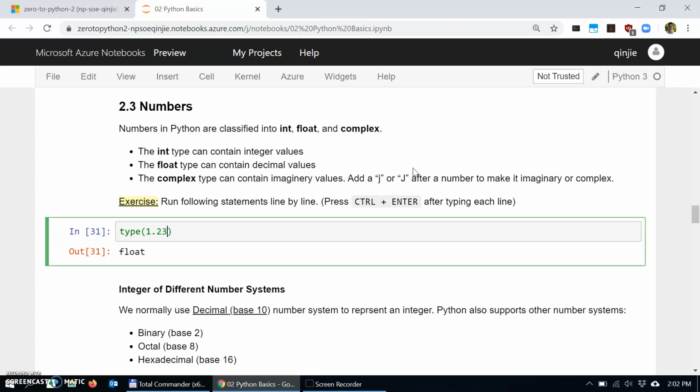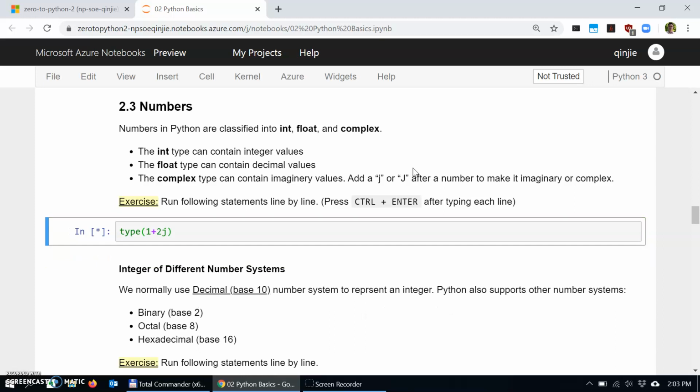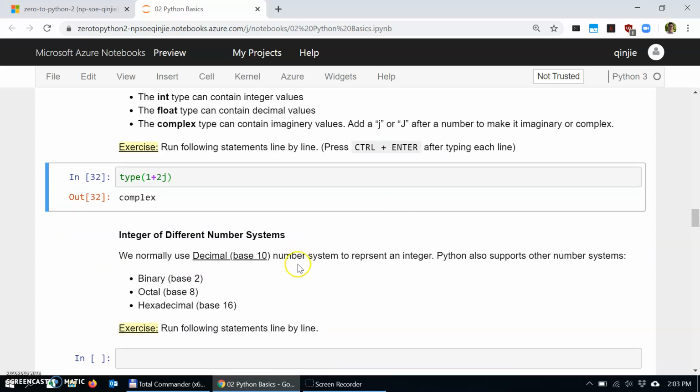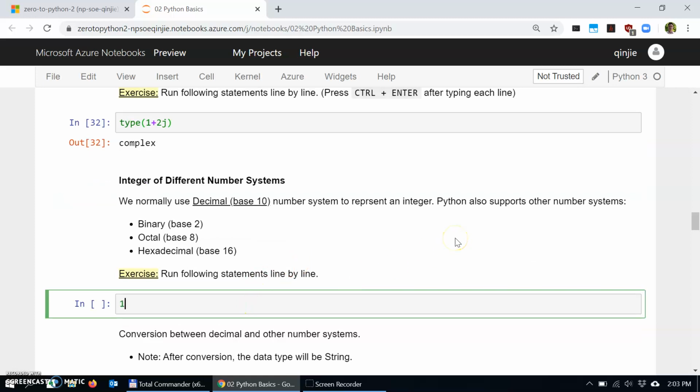For a complex number, it comprises a real part and an imaginary part. So you can always do 1 plus 2j, where 1 is the real part and 2j is the imaginary part, and that is going to give you a complex number. And by default, if you enter a value like 123, that is